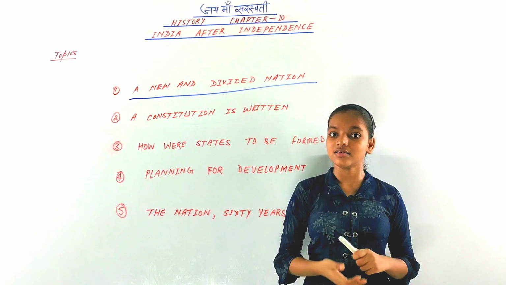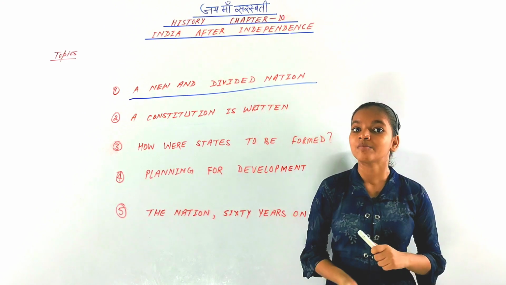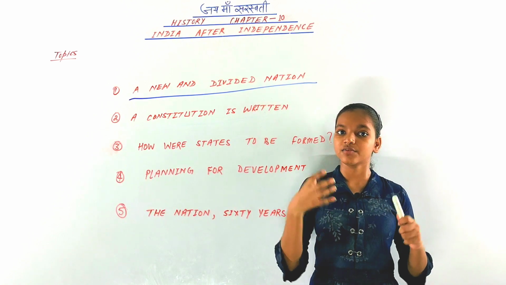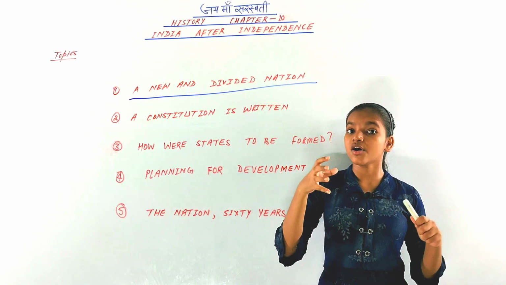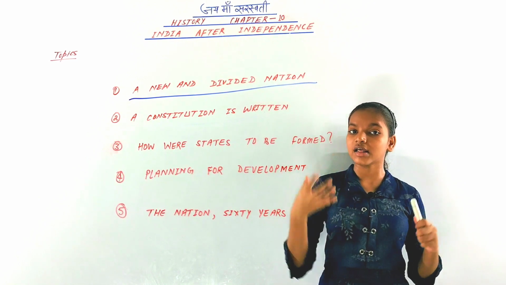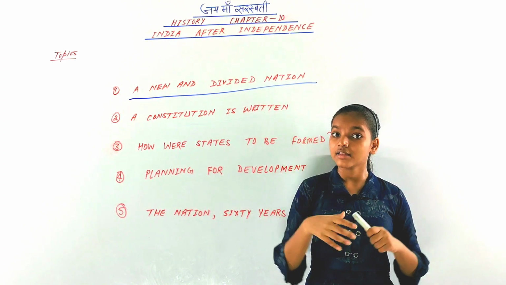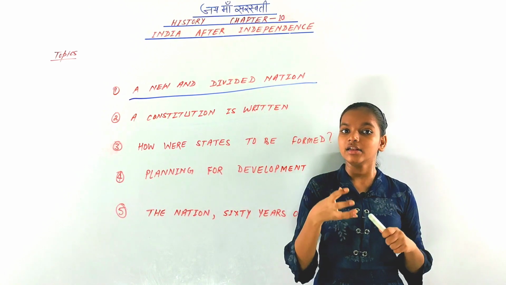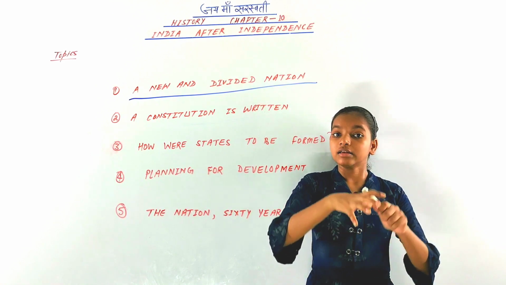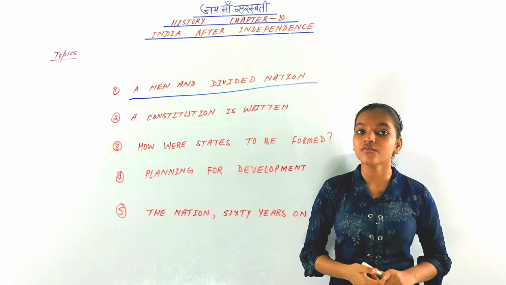After independence, there were around 500 princely states which were ruled by Maharajas or Nawabs. The problem was their integration, because if the princely states were not satisfied with India, did not join India, and announced their own autonomy and their own country, that would be very problematic for India. The main credit for the integration of India goes to Sardar Vallabhbhai Patel, who integrated all the princely states of India. So after independence, there were many problems.